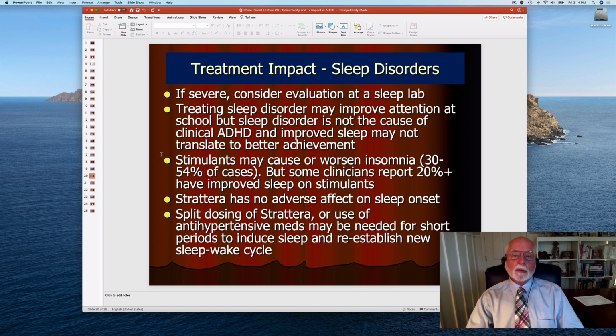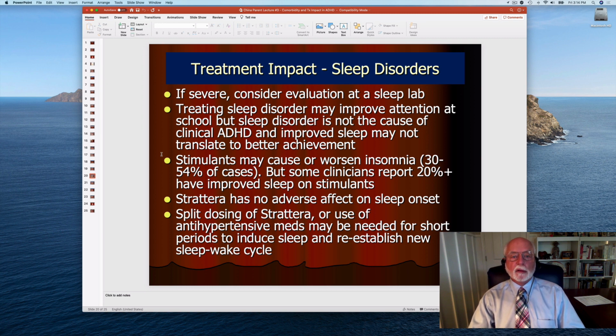Sometimes the sleeping difficulty is due to the stimulant medication. Up to 30% and as many as 50% of ADHD children who take a stimulant are going to experience insomnia or delayed sleep onset from the stimulant medication. That can be managed by reducing the dose of the stimulant if that's possible, taking the stimulant earlier in the